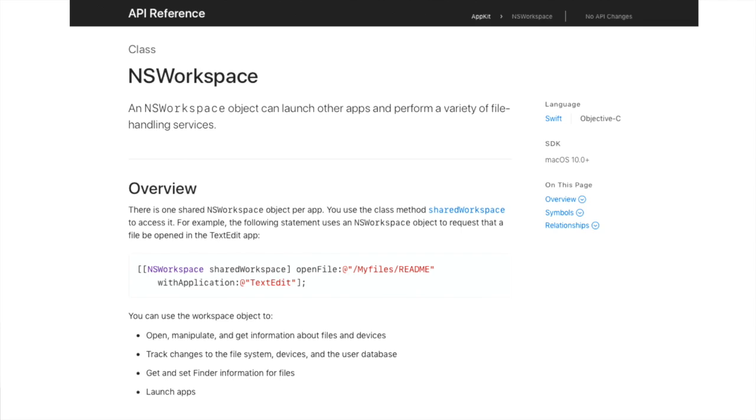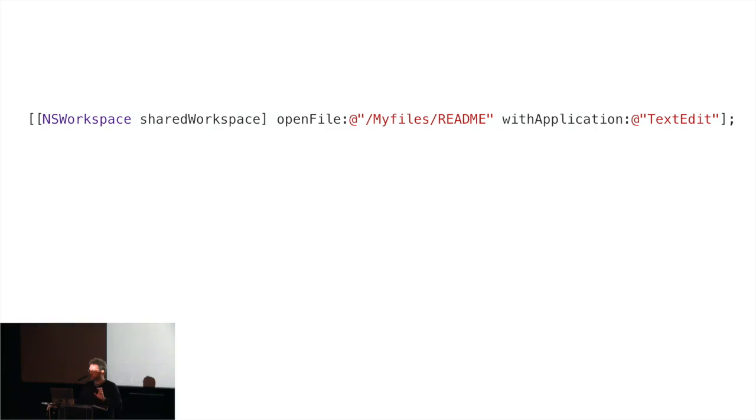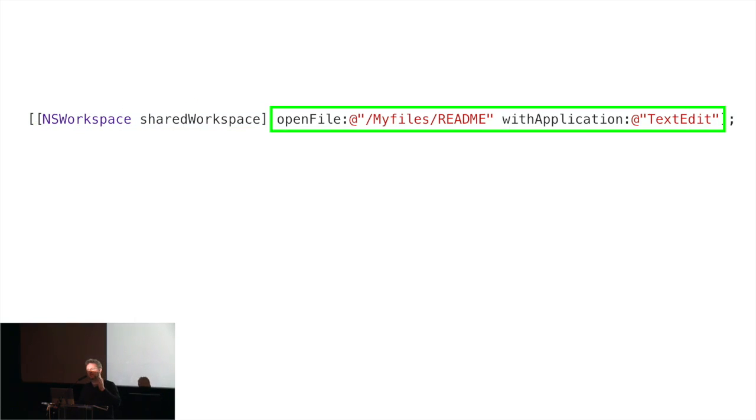Let's look at one more example. We'll take this straight out of Apple documentation. It's a little bit more complex than what we just did. So NS Workspace, here's a method that has sort of nested calls. The first thing we do is we create an object by calling NS Workspace shared workspace, and then we tell that object to open a file with a certain application. So when we translate this to Python, we have to start kind of from the inside and move out. So we'll start with that first interior set of brackets,